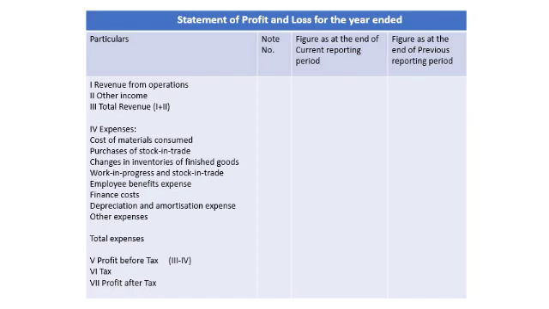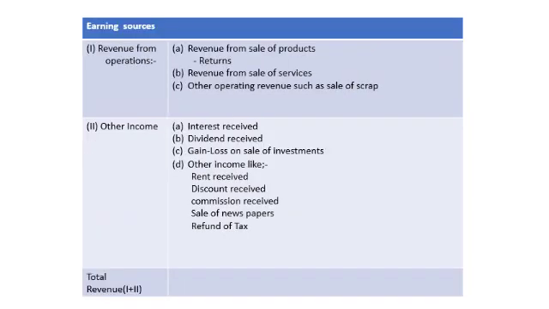Then you have to make the total expenses here. Now you may move to the next. These are the points related to the disclosure of the items related to the revenue from operations. Revenue from operations refers to the heads: number one, revenue from sale of goods and any services you may say, or if returns are there, they will be deducted.